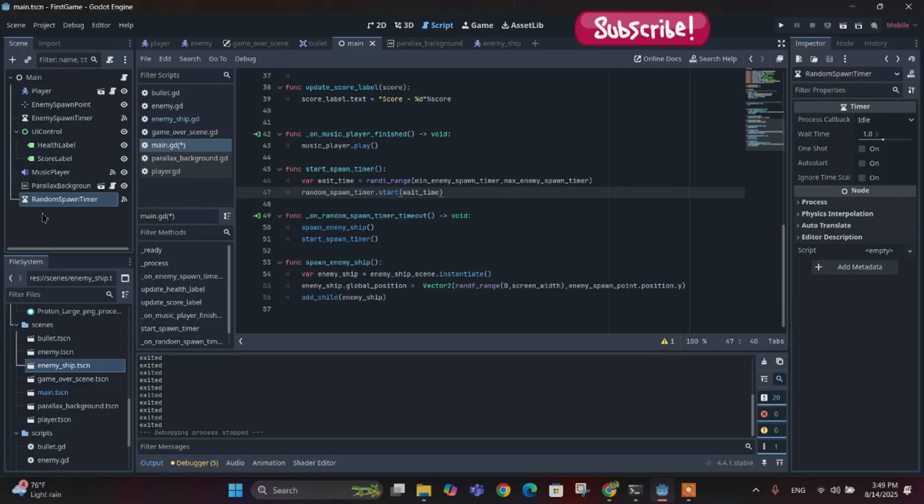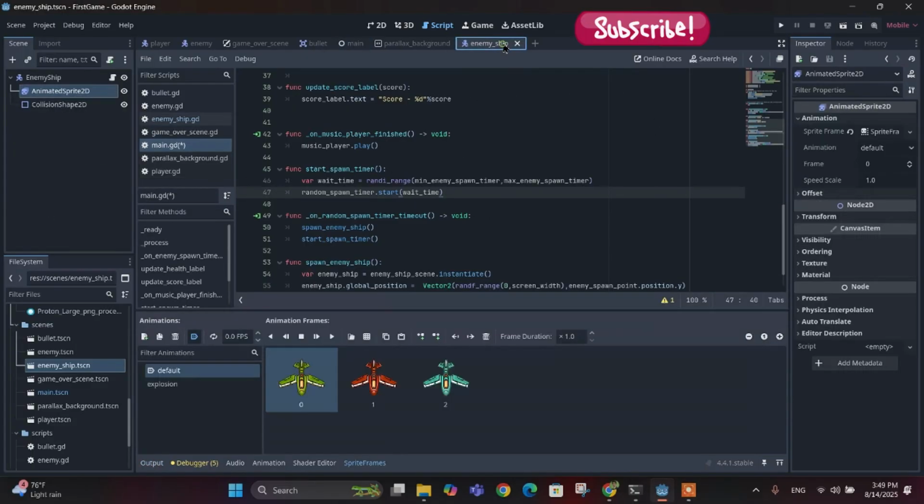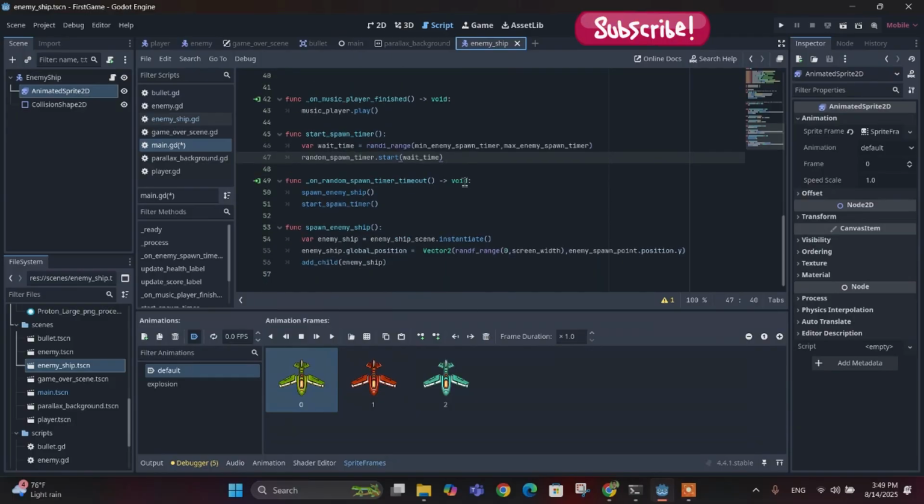For that, let's go to our enemy ship here, and next what do we do? I think first of all, let's destroy the enemy ships. So to destroy the enemy ship, first of all, let's make them collide with our player. So for that, let's go to player GD here,